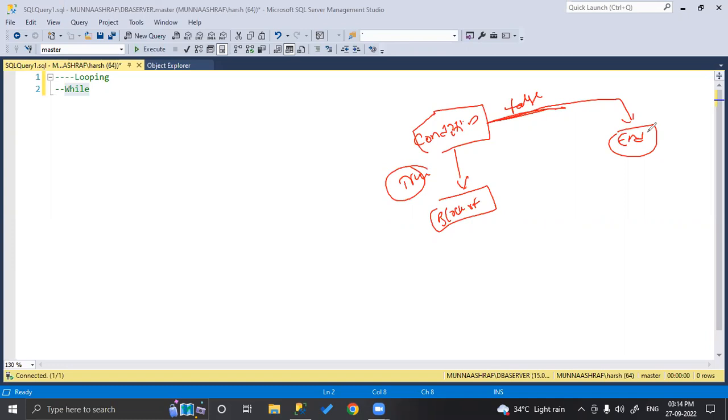So yeah, please take down this diagram. Done? Okay. So let me give you the syntax of this.